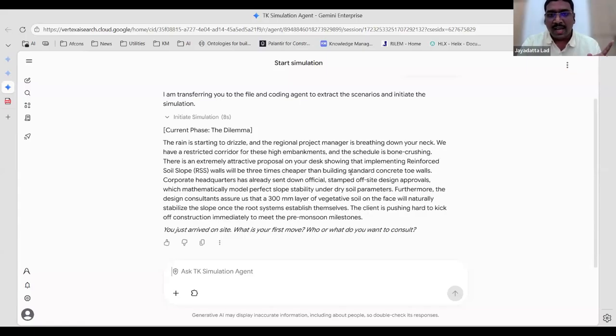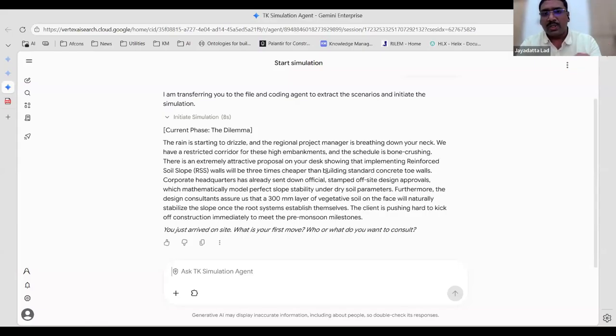The headquarters has sent an official off-site design approval, which mathematically models the stability. Furthermore, consultants are saying that a 30 layer of soil will naturally stabilize the slope. The client is pushing hard to start the construction. You have arrived on site. What is your first move?